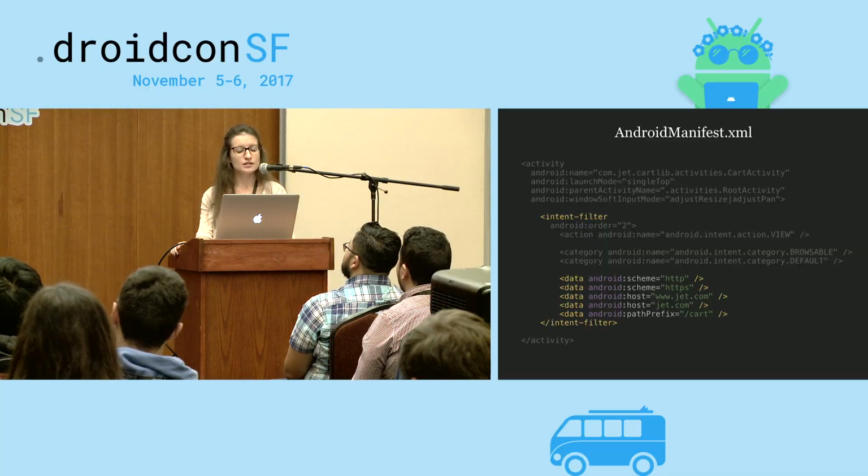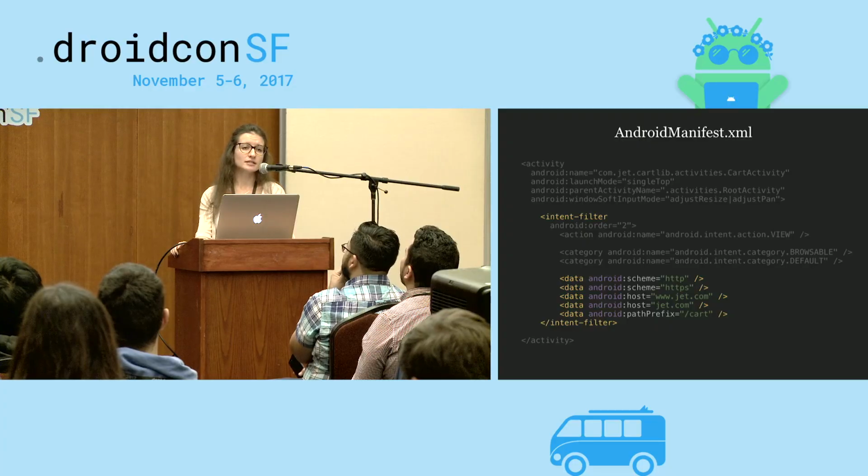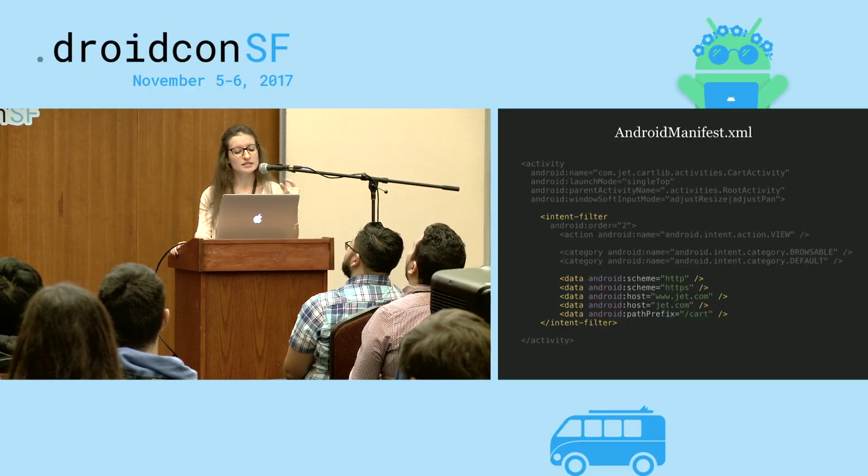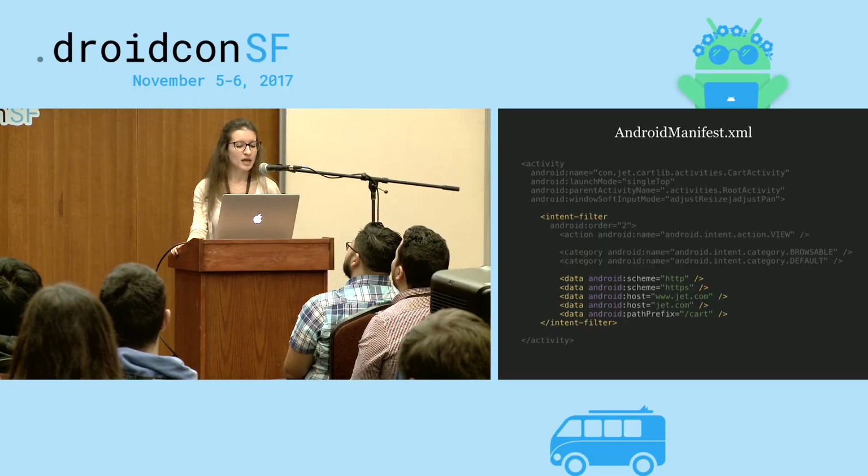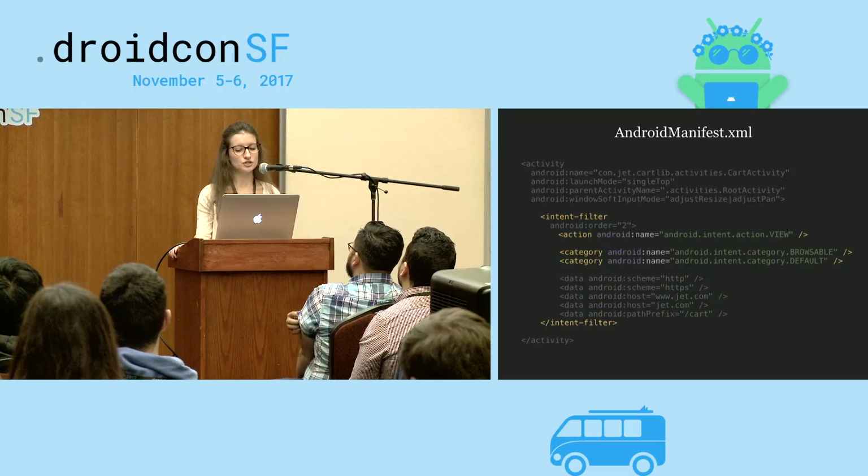As you can probably guess, the place where we define our Instant App URL addresses will be our Android manifest file. For each and every activity that serves as an entry point into your instant application, you have to add an intent filter. An intent filter looks like any other intent filter. So you have to specify scheme, host, and path prefix. And you also have to define action view and two categories,